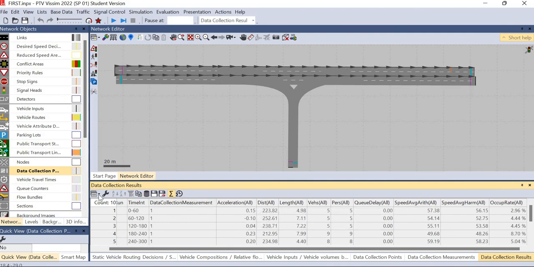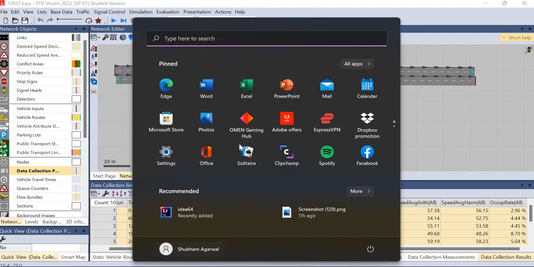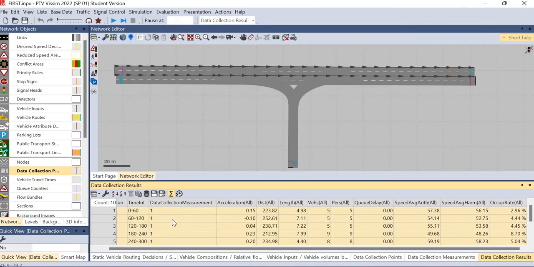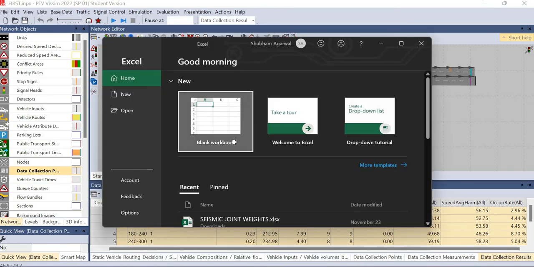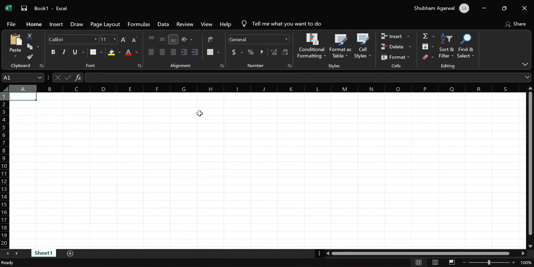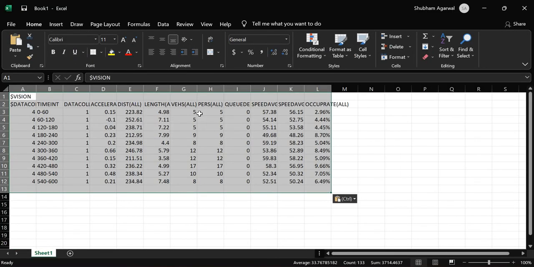So what we need to do, just select all the data, click on the count, and then you can either press control plus C to copy the data, or you can see here the copy part is here. So select the copy and then just open your Excel file, and then in Excel, just click on the new book and then paste the data from here. So for formatting the tables and rows and columns, what we need to do, alt H O I,